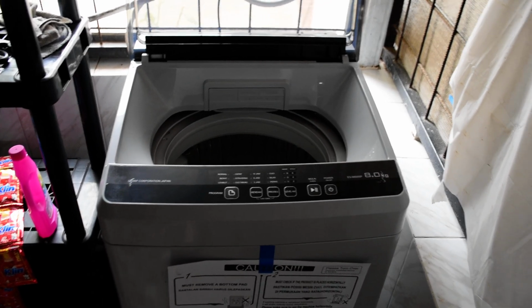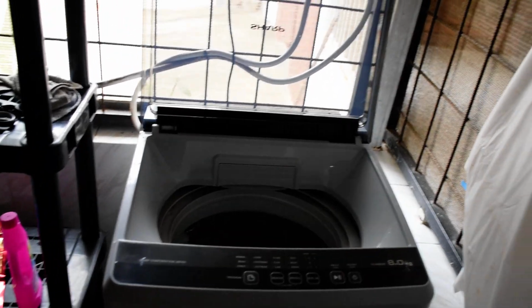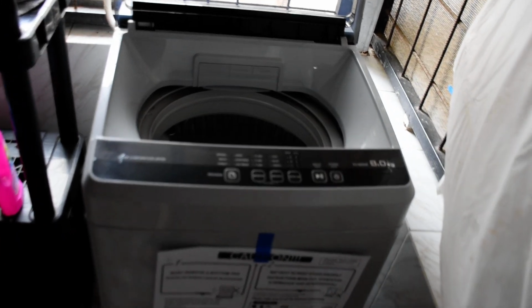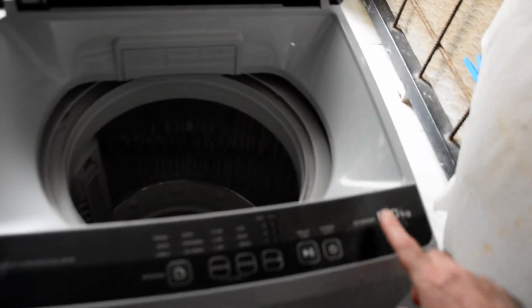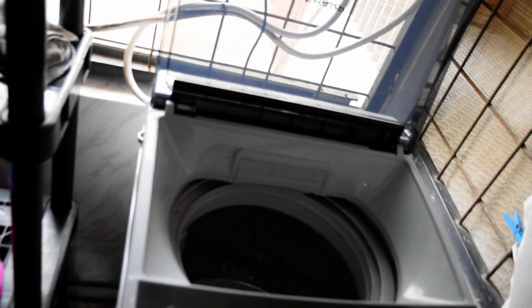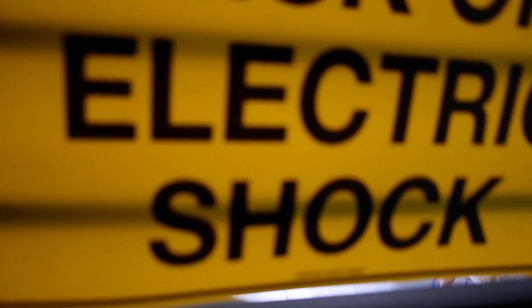Jubaedah went out and bought a new washing machine yesterday, which arrived and was installed in the afternoon, so things happen quick around here. So this is supposedly larger capacity than the Fisher Paykel, 8 kilograms, whereas Fisher Paykel was 6.5. But yeah, so that's been put in place, and the Fisher Paykel has been moved down into the corner down here in the off-grid area, and the